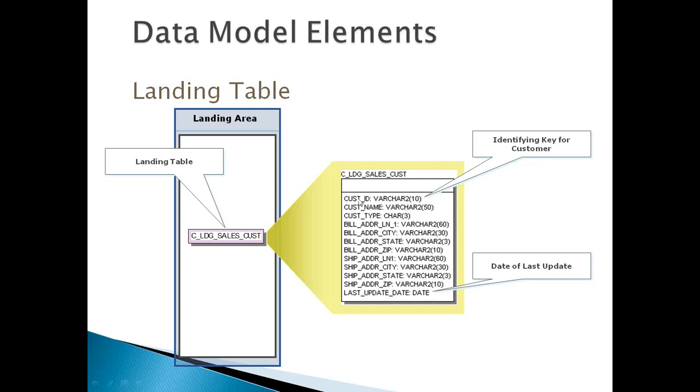The column to be used as the primary key will be identified by the analyst by looking at the source data. Usually, whatever primary key the source system uses, we also use the same column as the primary key. Like if they are using customer ID as a primary key, I can use customer ID as a primary key. Or they might be using customer ID and customer type, for example, two columns as a primary key. So we will also use two columns and pass that into the primary key column.